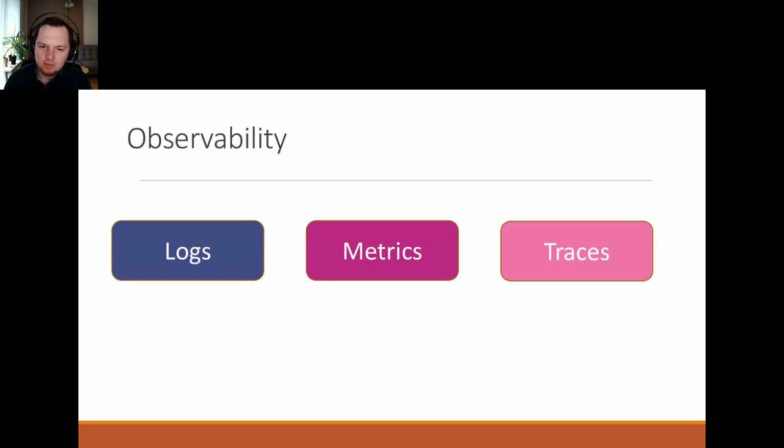And then the part that I want to focus on today is traces. Traces show the activity of an individual transaction or a request that goes through your system.